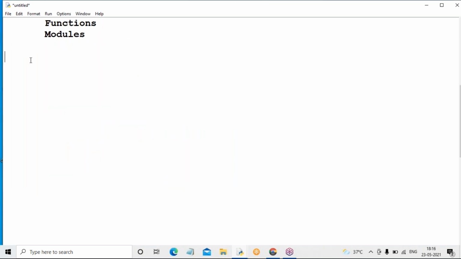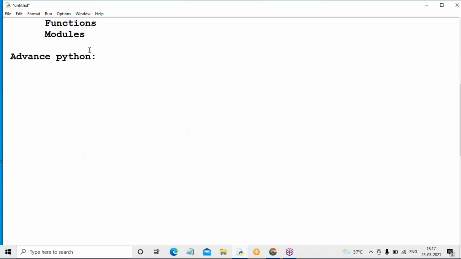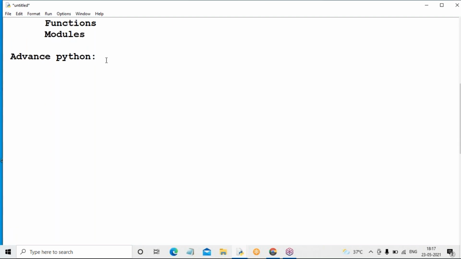Again, we go for advanced Python. This entire syllabus is available on the durgasoft website, but this is only for an overall view. The individual topics are also available on the durgasoft website. In advanced Python, after completing the functions topic and the modules topic, we go for the next topic called exception handling, how to handle the